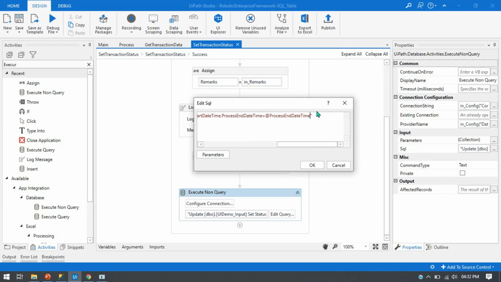Now we need to put the where condition, where id equal to @id. So the id we need to take from the table,